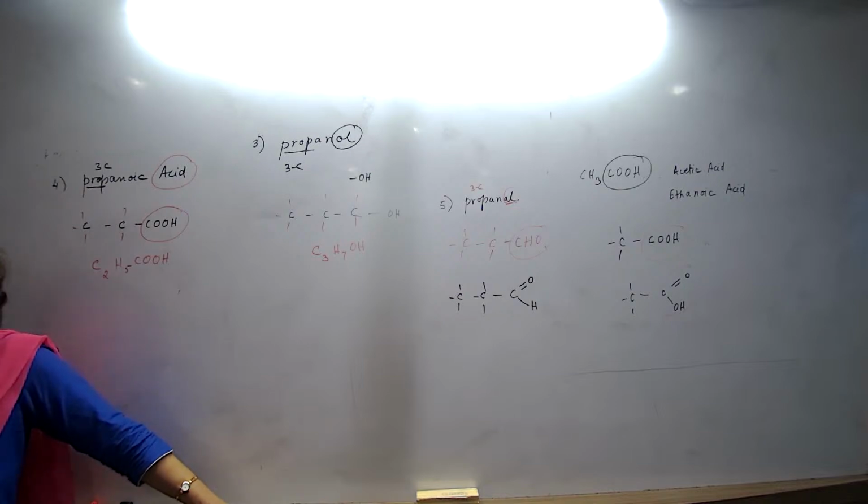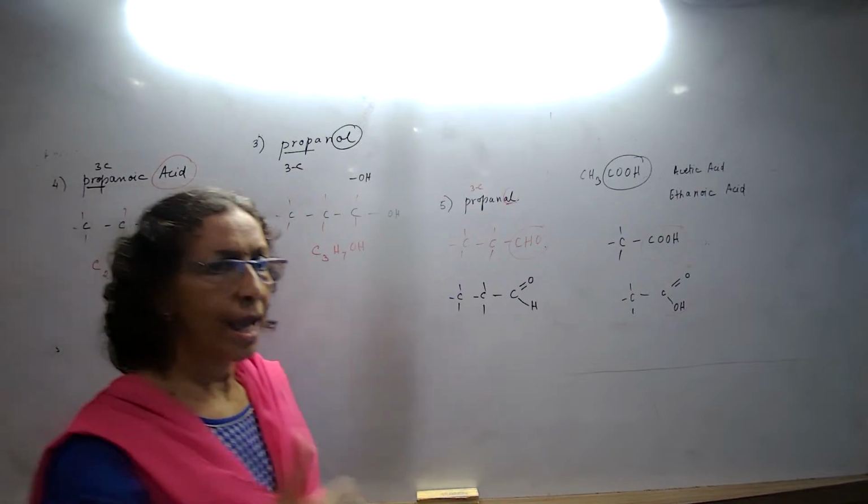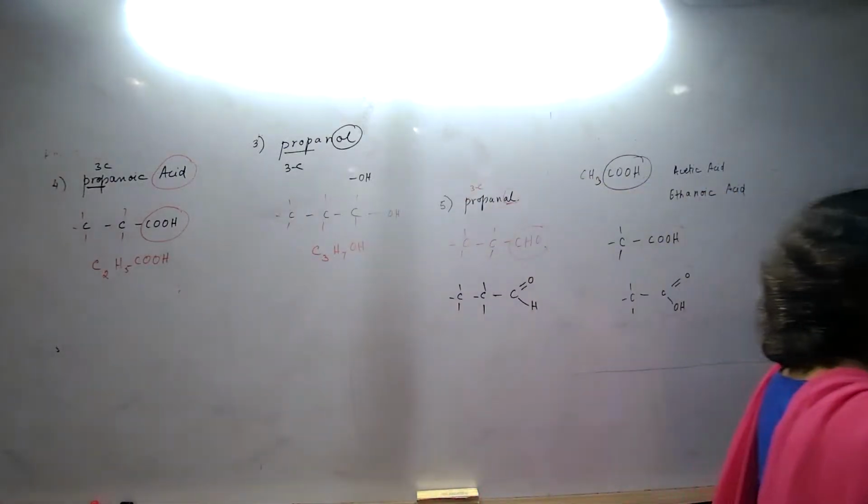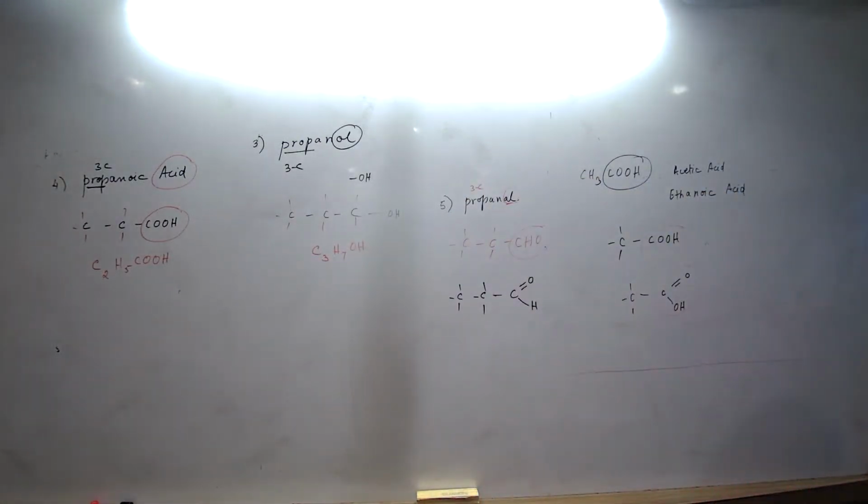So every day I just give you 5 structures for practice. I do it on the board so that you are comfortable with it. So today what all have we learned? Alcohols, aldehydes, ketones, carboxylic acids, and what else? And of course, halogens. Halogen is what? Chlorine, bromine, the first thing that I told you. Fluoro, bromo, fluoro propane, whatever.